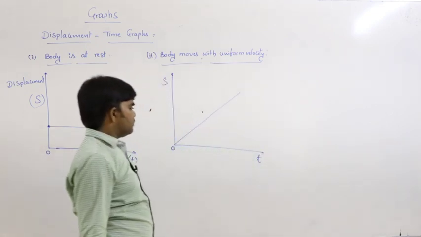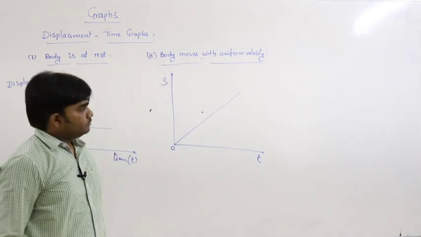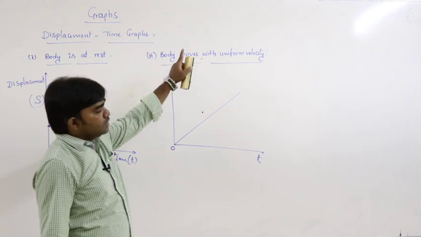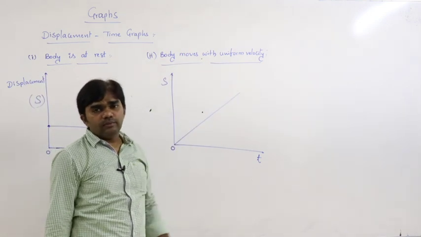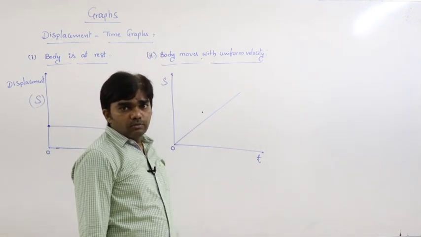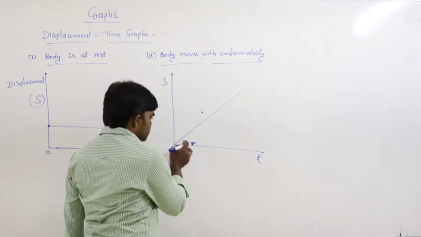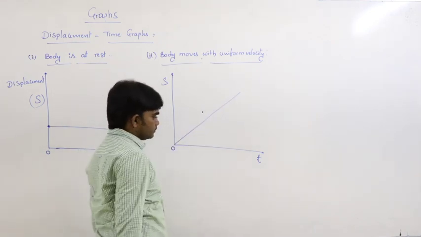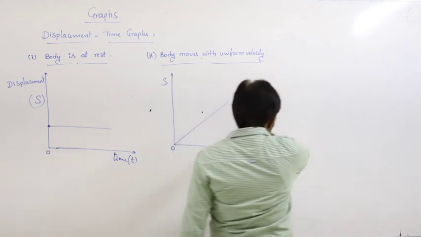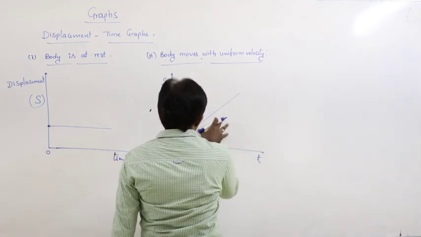This is the shape of the graph: a straight line passing through the origin. For what condition is it? The body moves with uniform velocity. What is the shape of the graph? This one. So here one more condition is, so this is the